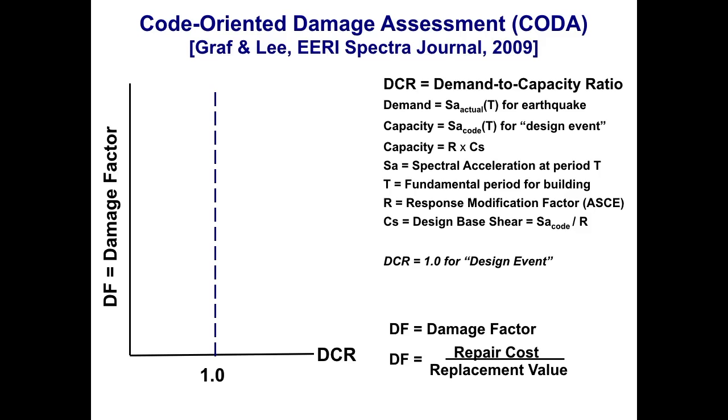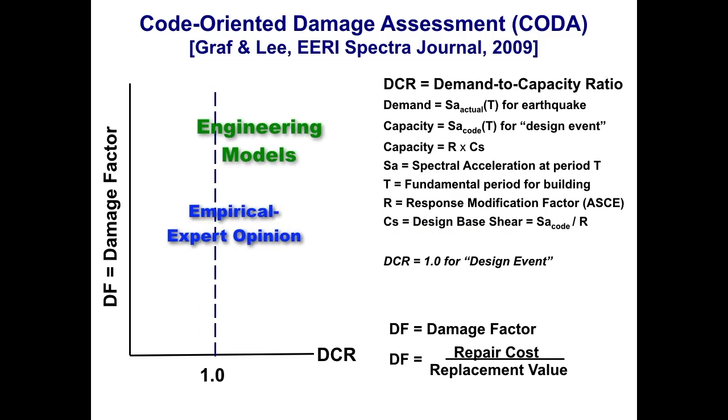So with that as the demand to capacity ratio, then the y-axis is the damage factor, the repair cost divided by the replacement value. And you can take any kind of information that you have, be it from engineering models or empirical expert opinion type data or insurance statistical data, and plot it into this space and create damage